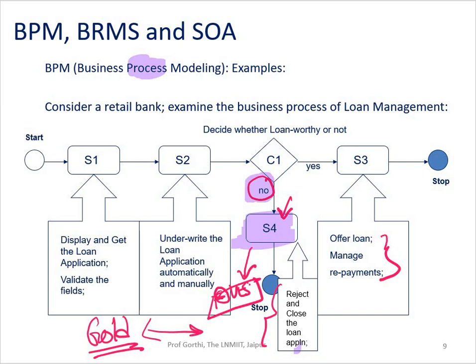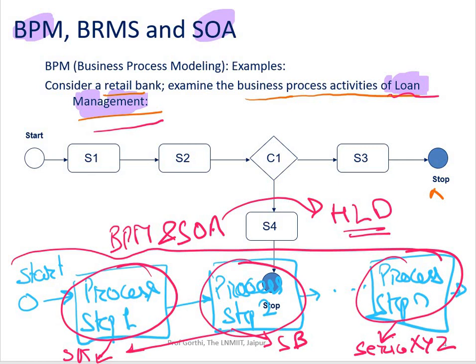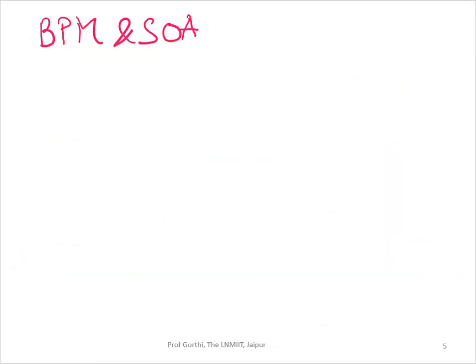Now, one thing to note is, whenever we are going ahead with BPM and SOA, we have several advantages, as explained here: along with the diagram of my business process modeling, I have these services. So I'm going ahead with BPM and SOA in hand, and there are some advantages if I take them together. For example, I'll be able to discover the services.